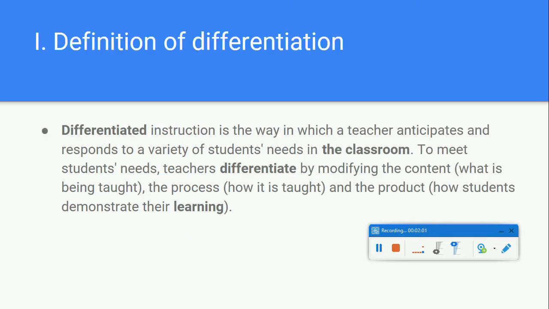So the first part here is the definition of differentiation. Teachers, or participants, should be able to know what differentiation is. Even if they know what differentiation is, it would be a good idea just to explain more and clarify what differentiation is. So on this slide,